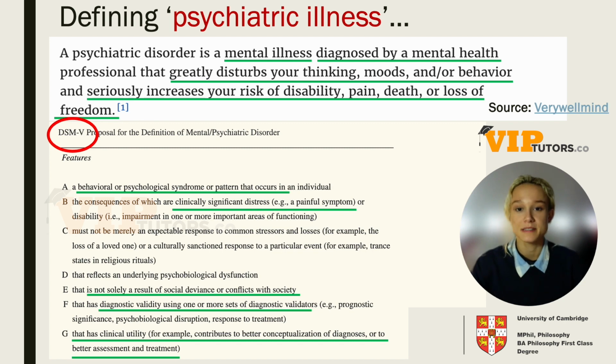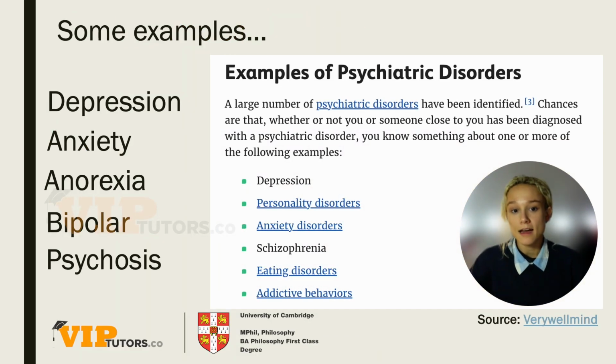So here are some examples. And I'm sure you might have heard of a lot of these examples already. Things like depression, anxiety, anorexia is one of the most common eating disorders, bipolar and psychosis. I've listed a few others here that you might not have heard of, so addictive behaviours, schizophrenia, which is essentially another word for psychosis, and then we've got personality disorders. And you'll notice that the blue ones all have different subtypes, so there's multiple types of personality disorders, which we'll get into in future lessons.